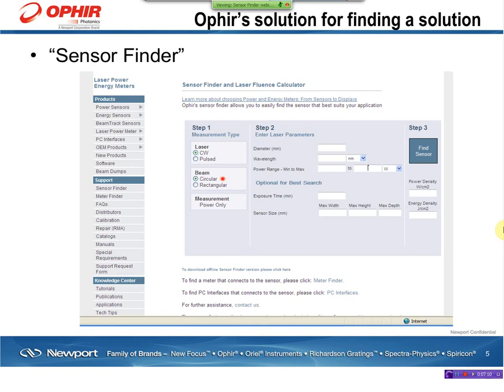So this is what the Sensor Finder looks like. This is just the margins from our website. It asks us a bunch of questions. The answers to those questions are pieces of information that the Sensor Finder needs to know in order to be able to narrow the choice down and recommend the right solution. So it asks us, for example, is the beam CW or pulsed? We need to answer that. Is the beam circular or